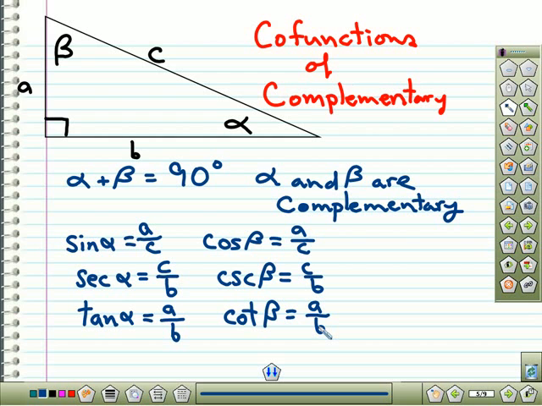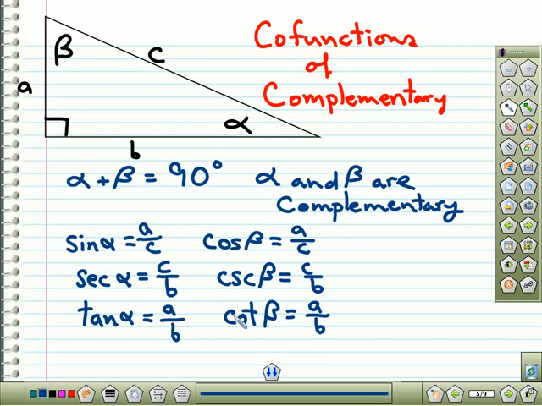So this is something else we note here. We note that complementary angles have cofunctions. If you take the cofunctions like sine and cosine, secant and cosecant, tangent and cotangent, and two angles, alpha and beta, are complementary, then taking the sine of one angle and the cosine of the other, you're going to get the same value. Okay. So, to illustrate, if I have the sine of 60 degrees,